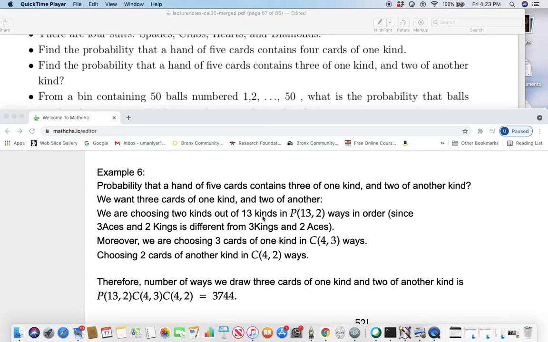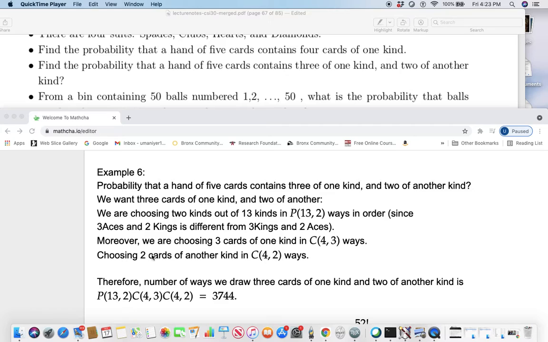So you're choosing 2 from 13 kinds, but order matters, because having 3 aces and 2 kings is different from having 3 kings and 2 aces. So order matters. That's why you use a permutation. Once you have the number of ways of